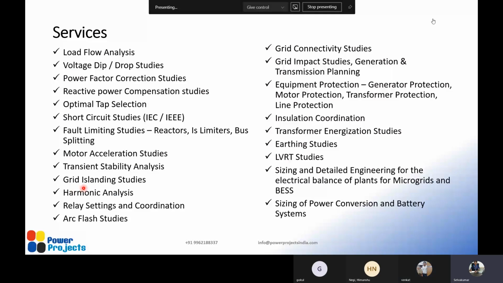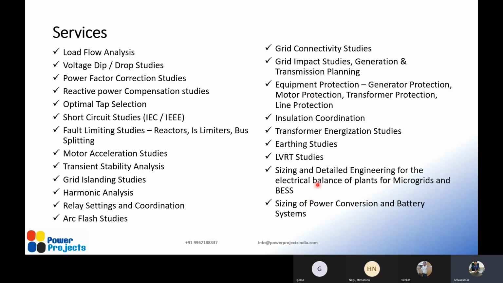So these are the services that we do. It's pretty much all power system studies. The part which you are picking is insulation coordination, which includes switching overvoltage, lightning overvoltage, very fast transient overvoltage, transient recovery voltage, ferroresonance, transformer energization, etc. That's one part which we do using PSCAD. We also do all kinds of power system analysis using ETAP, DIgSILENT PowerFactory, PSSE, and so forth. We will probably discuss more on this as we move forward.